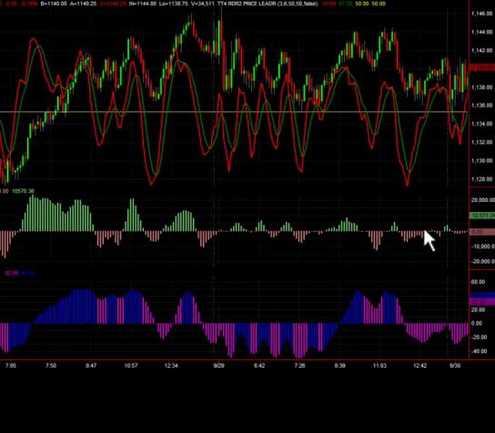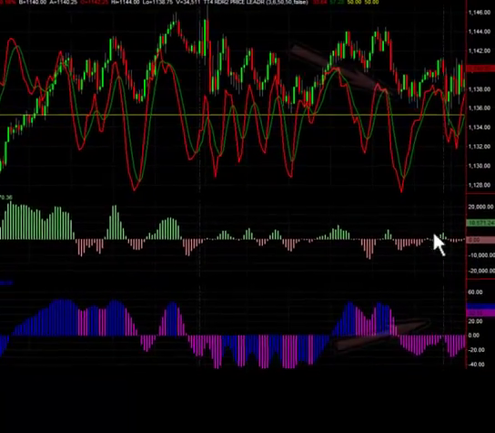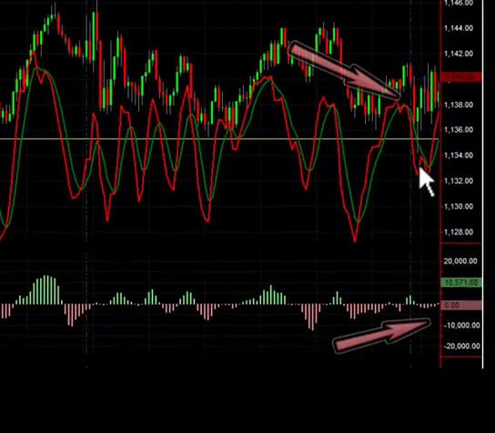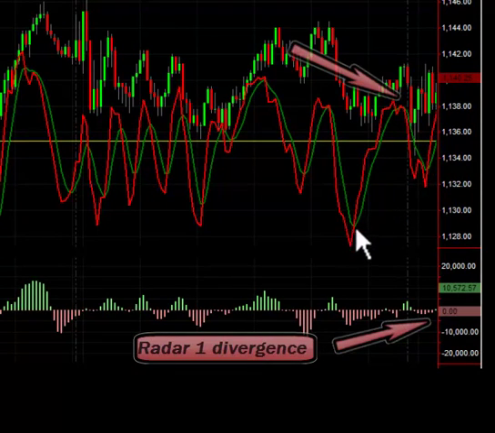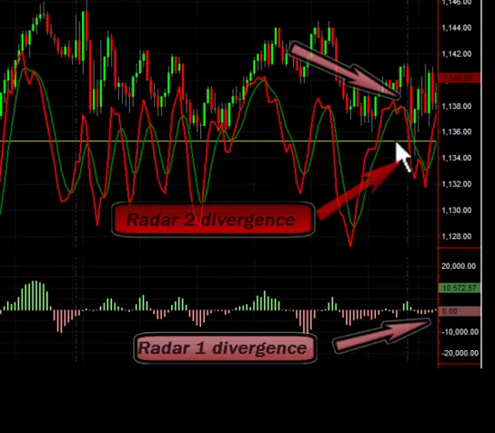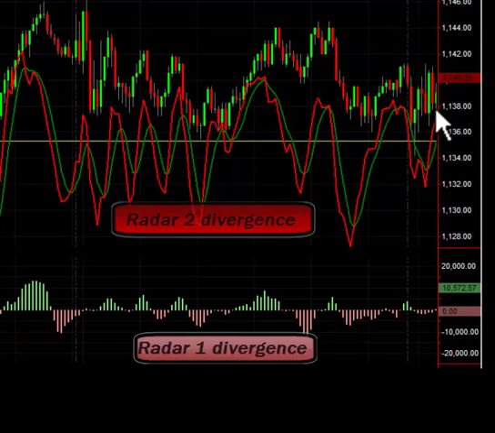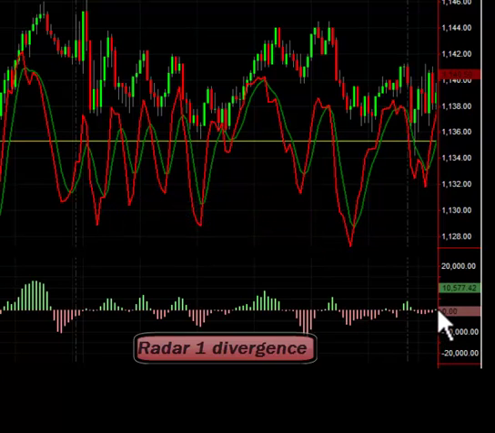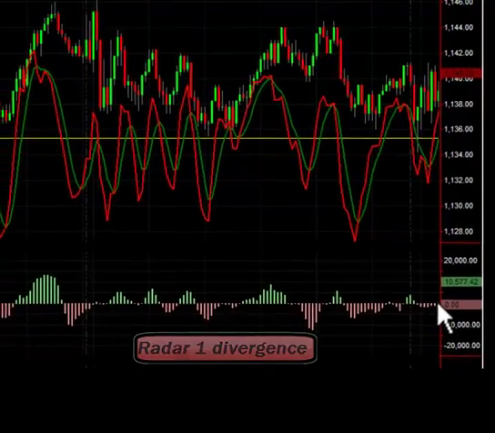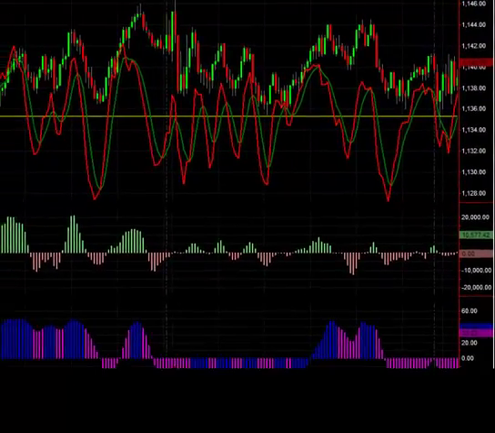In addition to a divergence in Radar 1 is this lobster tail pivot divergence in the Radar 2 acceleration indicator, crossing over the slow line, crossing over the zero line, and approaching the highs of its previous peak. I'm also noticing slight bullish tendency, the little green dot there on the Radar 1 fear greed indicator, and diminishing bearish indication on the